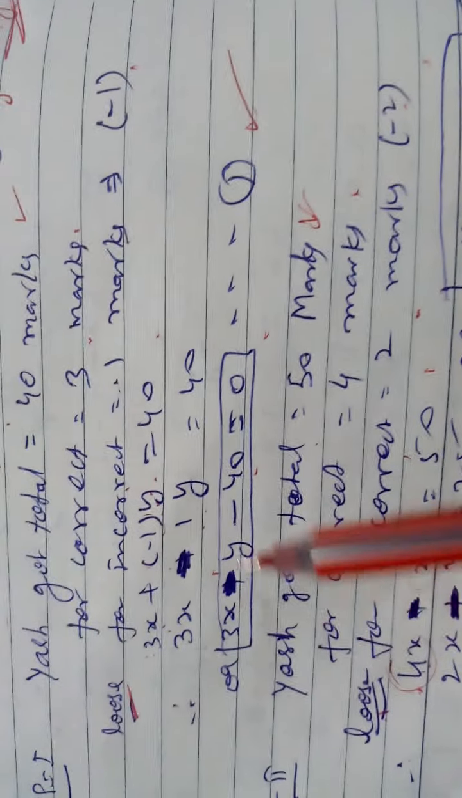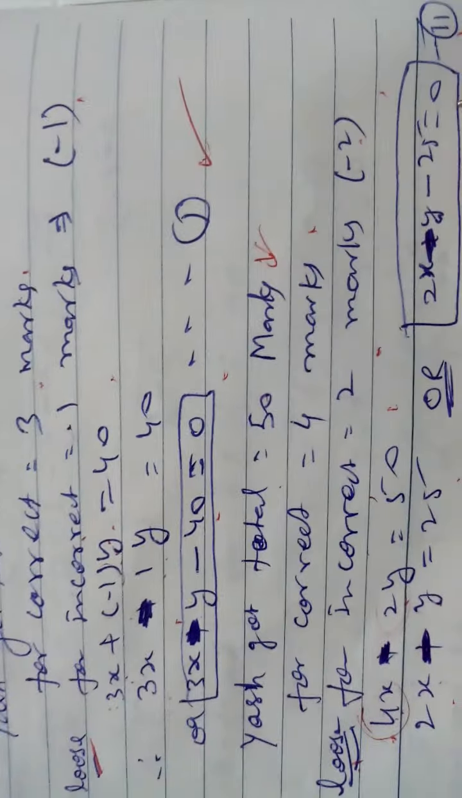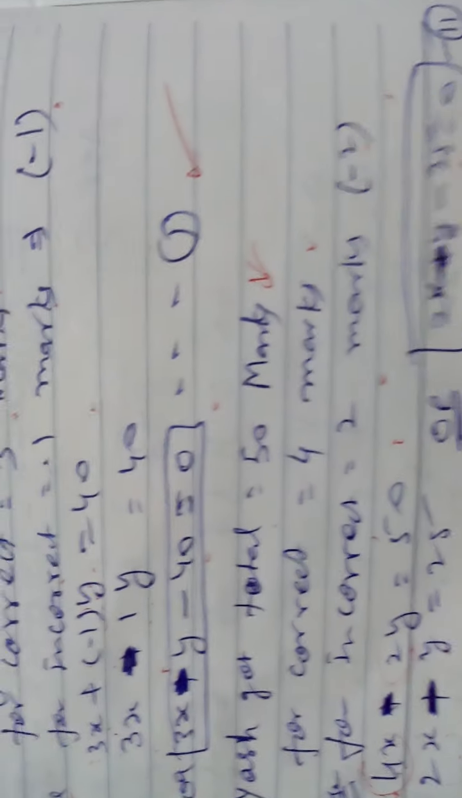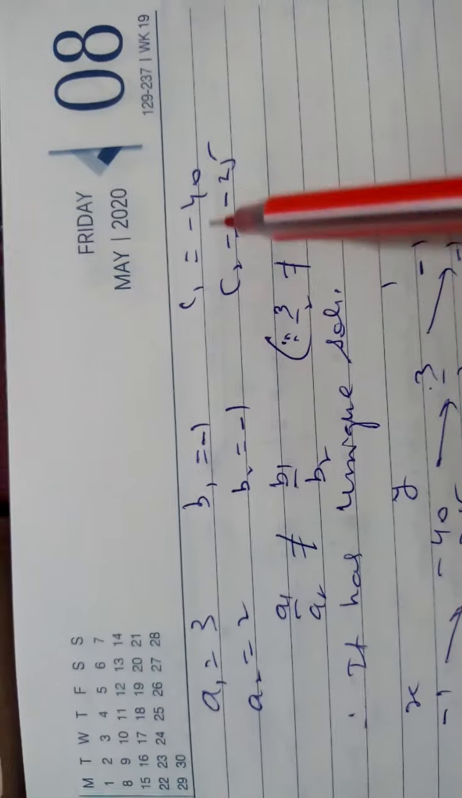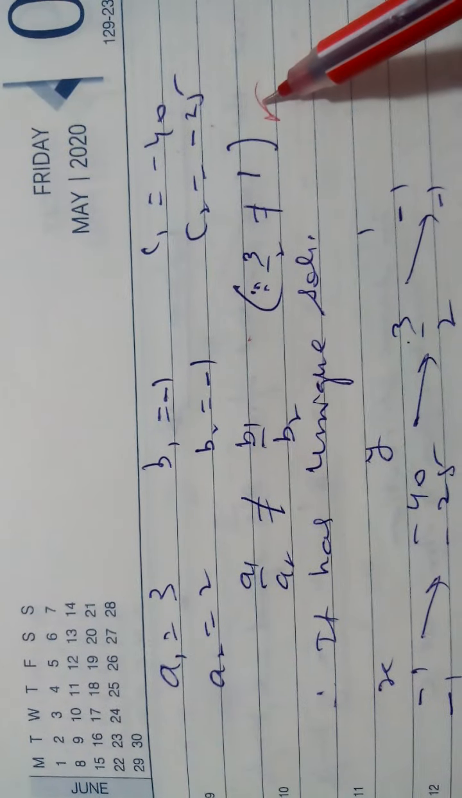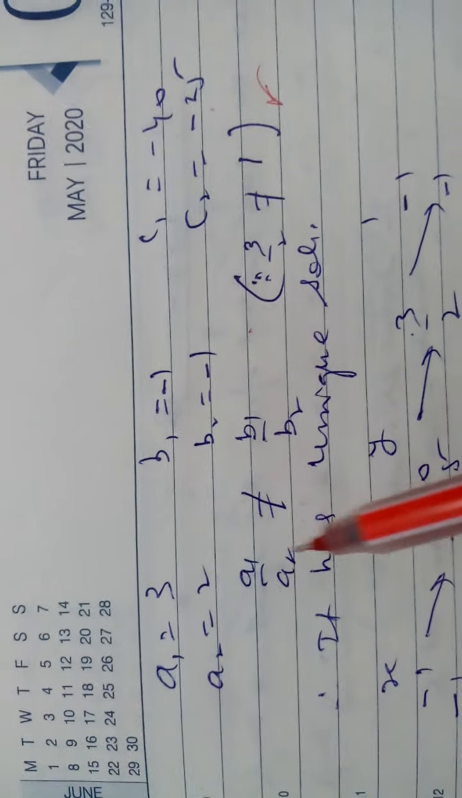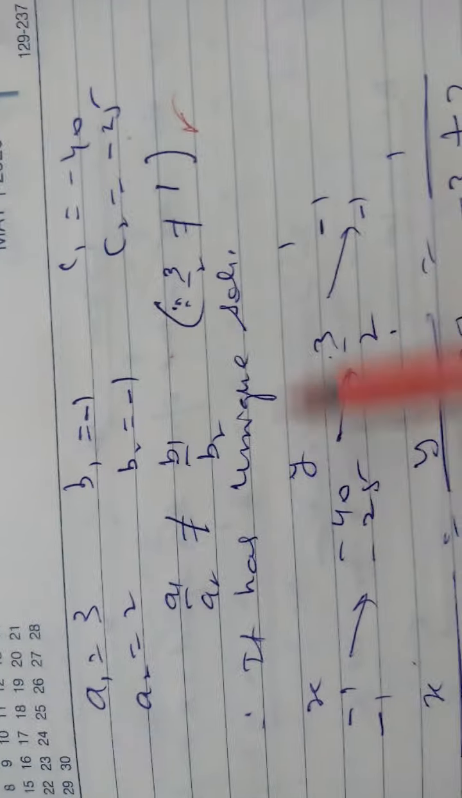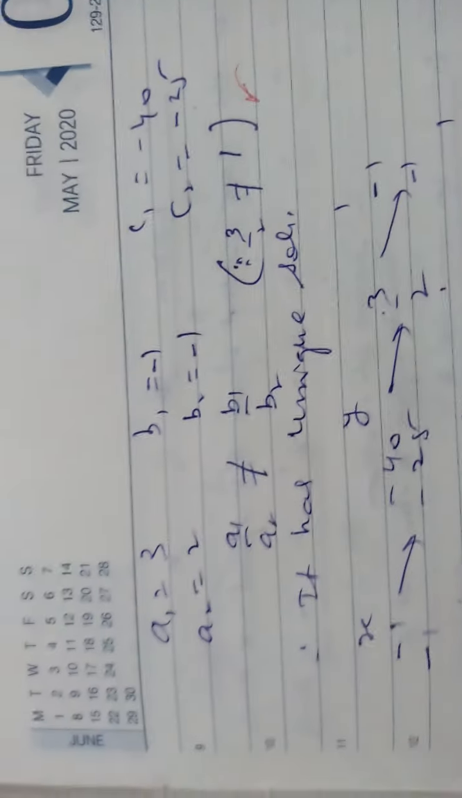Then A1, B1, C1, A2, B2, C2. A1, B1, C1 are 3, minus 1, minus 40. A2, B2, C2 are 2, minus 1, minus 25. So 3 by 2 is not equal to 1. Here it is mentioned in the bracket. 3 by 2 is not equal to 1. I have not divided; directly I am writing A1 upon A2. You can also write like this. It has a unique solution. So I have written x, y